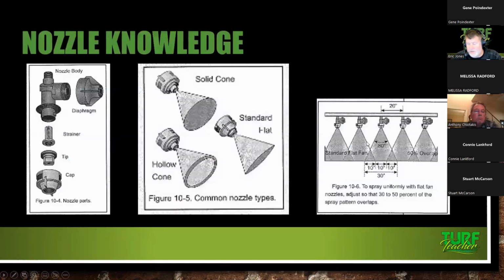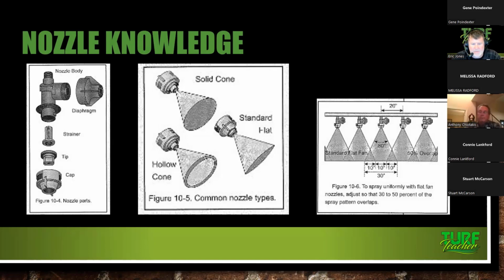Now, some nozzle knowledge. Just basic stuff. Here we got some charts. We've got the nozzle body. The diaphragm, always be careful with that. These guys are going to freeze and bust when we have these spring days, when we're out spraying and we come in, and we're not parking our equipment inside or cleaning them out, because cleaning our equipment every day is just as important as calibrating them every day. You're going to have water in the tanks. These diaphragms are going to freeze and bust, and you're going to be replacing a bunch of nozzles. Or you can keep them inside, inside your shop or whatever.